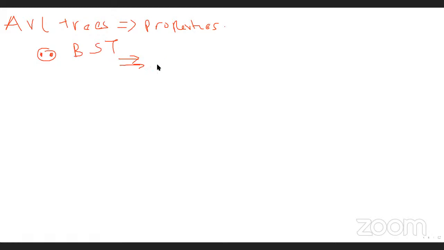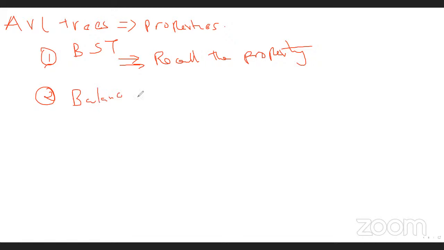Recall the properties which we just stated a few minutes ago, the BST properties. So that's number one. Number two, this tree has something called the balance factor. The balance factor basically determines a single value